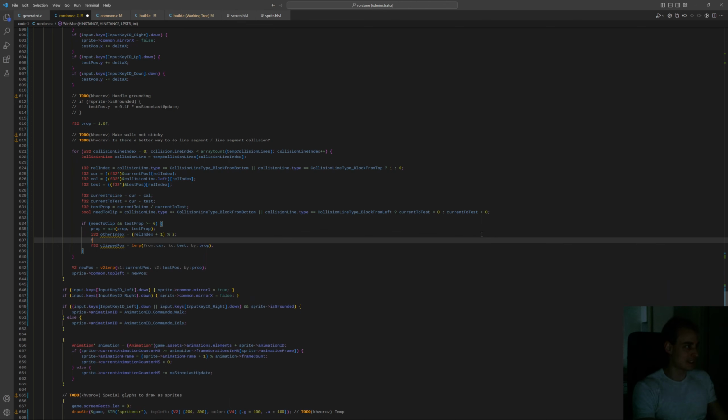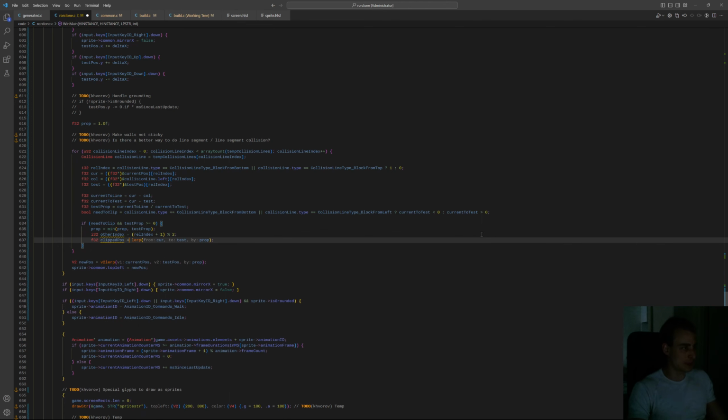Other index, F32, and clipped position is like, oh my god. It's like we want to clip from here to here. Okay, this is really